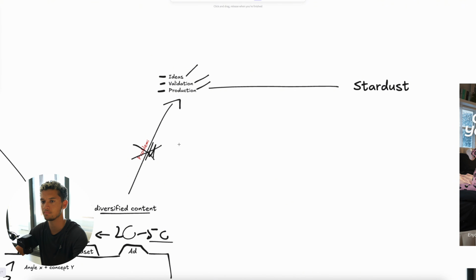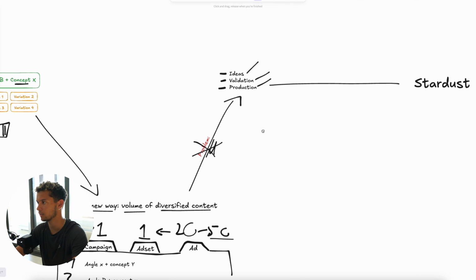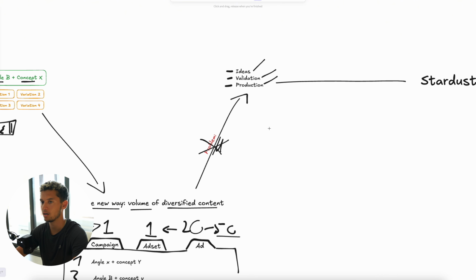This is what Stardust is. You guys wanted me to make a video about Stardust, and I am going to make an in-depth video about it. But if you're seeing this video and it's December, then most likely, or 100%, you cannot get Stardust. We launched just a few days ago, this week, and we're only letting in 150 people to make sure the product is super top-notch, because we're 7 months in, and this is software that we want to nail. So if it's locked down, if you're watching this in January, or maybe in 2 weeks, it's full.